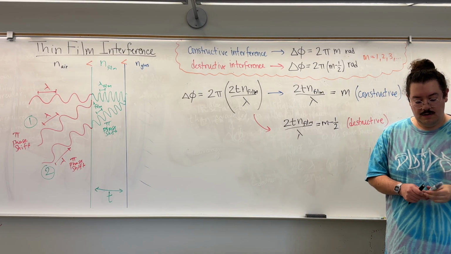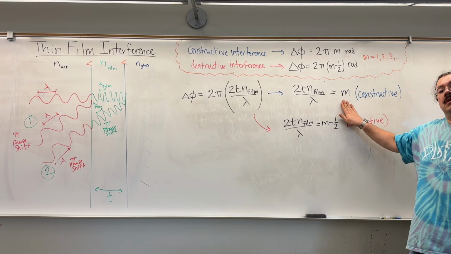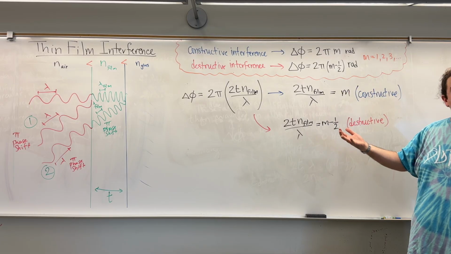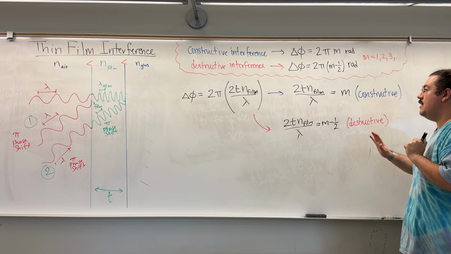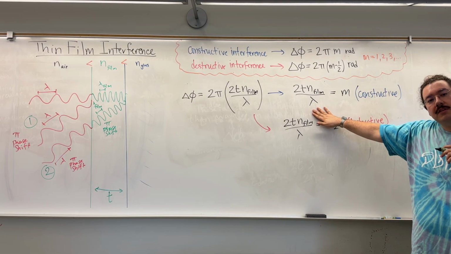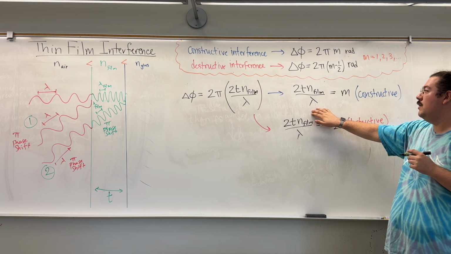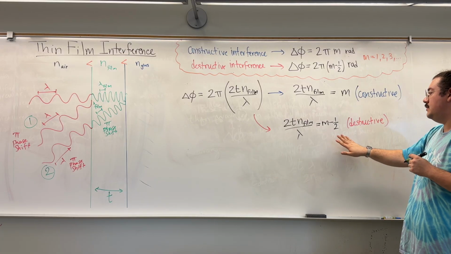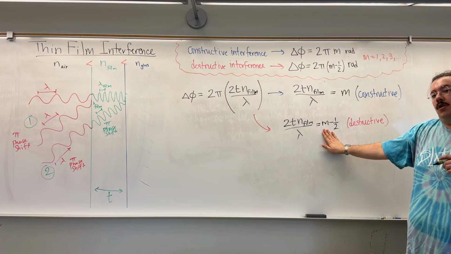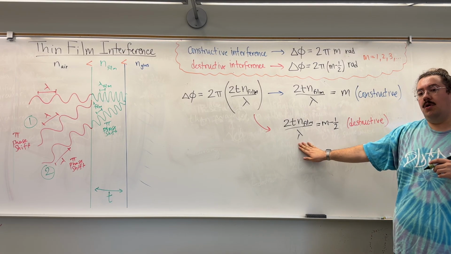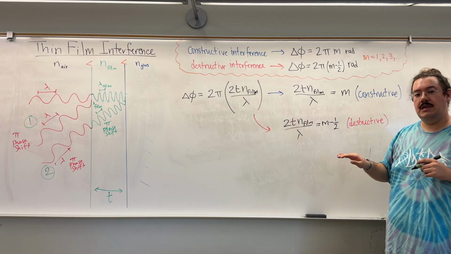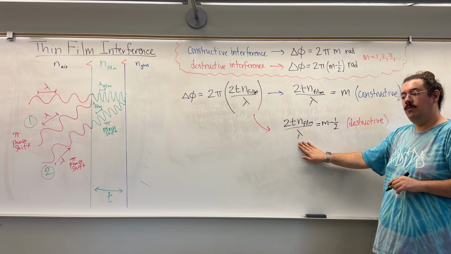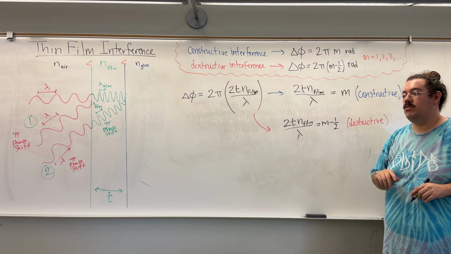Okay. And notice how m is your choice. You can pick the largest value of m you can think of, in which case it will give you the smallest possible lambda, or the largest possible thickness. Same thing here. You can pick a large m, which will give you a small lambda, or a large t, or vice versa. Pick a small m, and it will give you a large lambda, or a small